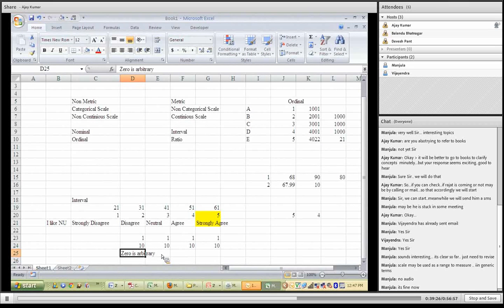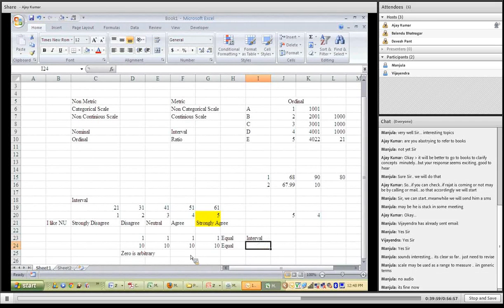It means that we do not know where 0 is, or we can make 0 anywhere. So these two things are equal if you talk of interval scale,